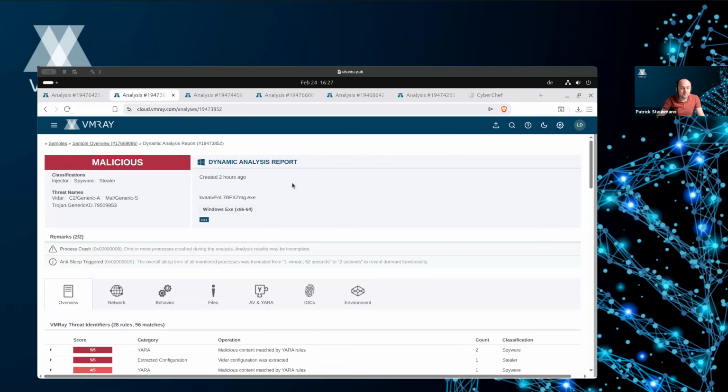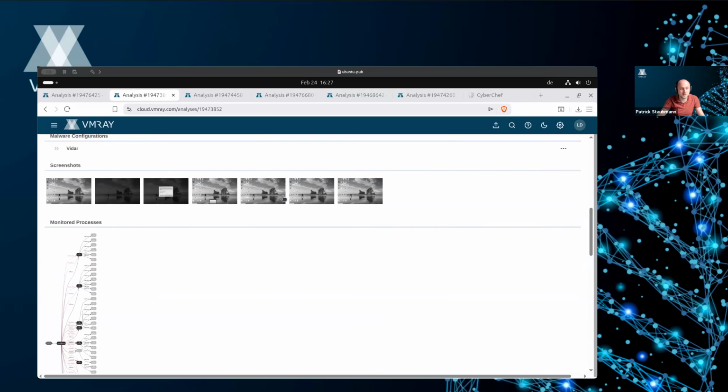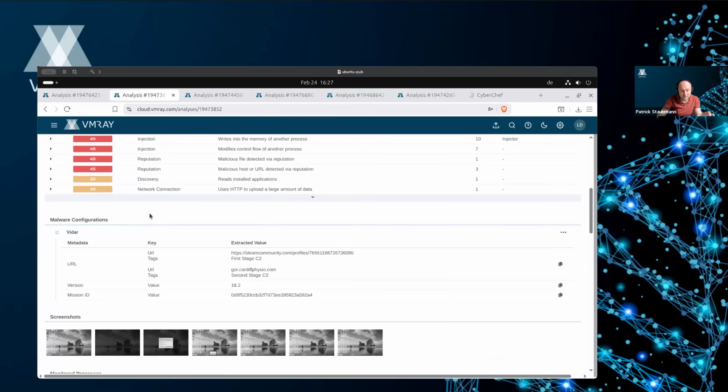So what we see here is just an analysis report of a Vidar sample. We see all of our VTIs, we see the detection, the process tree. For now, I only want to focus quickly on the extracted malware configuration here. For Vidar, we see a so-called first stage C2 and a so-called second stage C2. The difference here is that Vidar uses existing infrastructure, in this case Steam but also Telegram, as so-called dead drop resolvers.